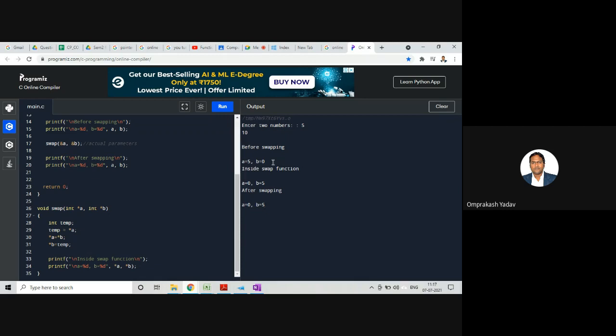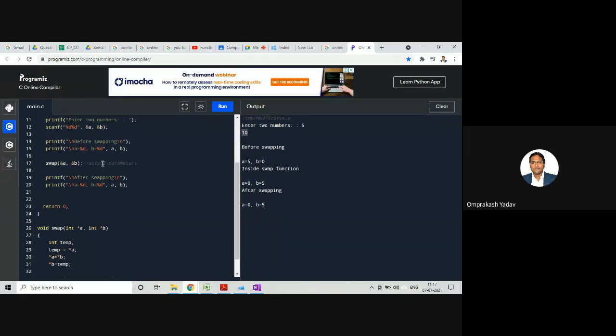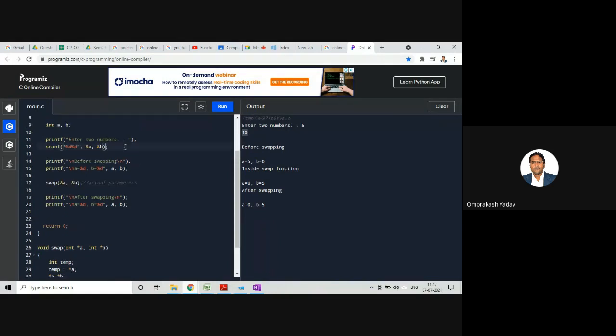Before swapping, why is it showing 0? We have entered 10. Is there any issue with B? Let me take 4 and 5. It's not taking 10. I don't know why.